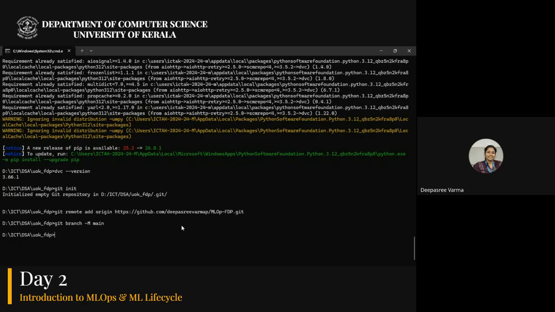If multiple persons are working on the same project, they will have various branches. For now, just consider we are going to create one. Okay, so I'm going to do git status.